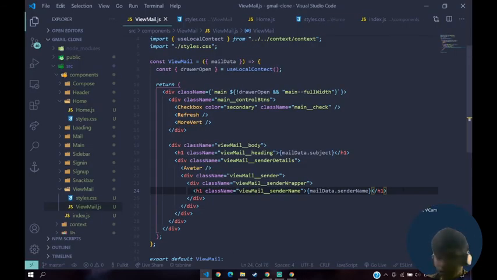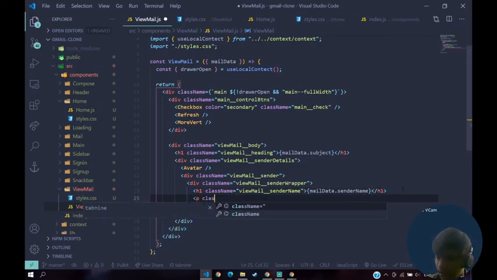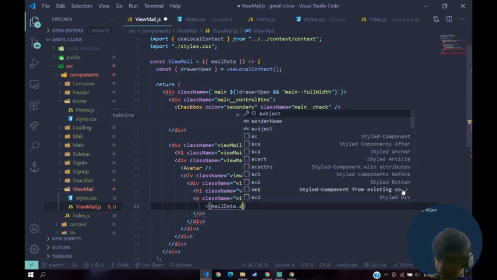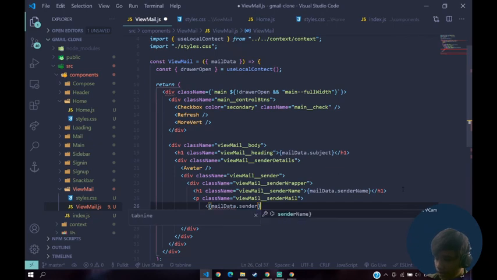So for this, we're gonna say p class name of view mail underscore underscore sender mail. Here first of all, inside of this we're gonna render our mail data dot sender, and we'll just close that. The problem here is like in HTML, it will automatically take it as a fragment.